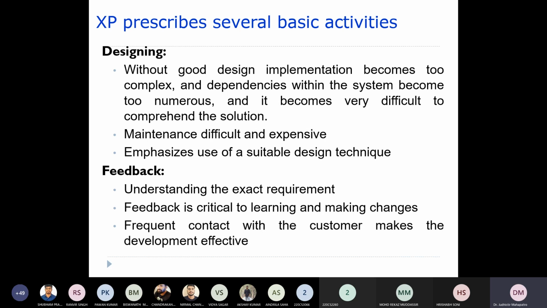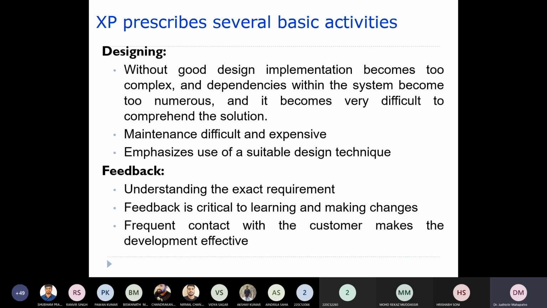Now the other one is feedback. To understand the exact requirements, feedback is critical to learning and making changes. Through feedback only will you be able to understand the exact requirements. That is through the iterations we have seen, with incremental delivery.